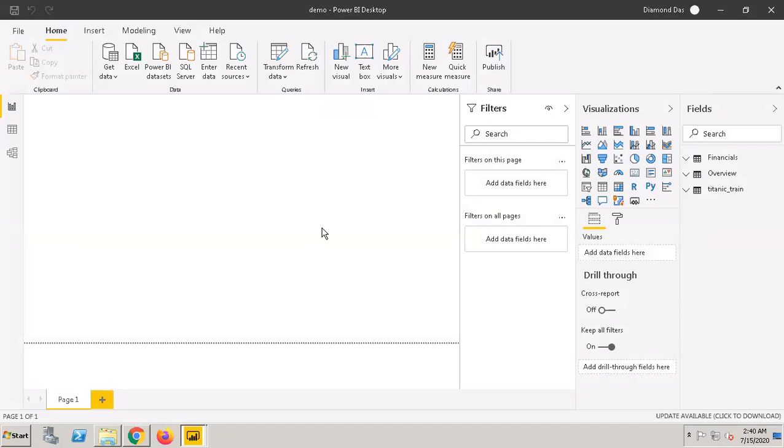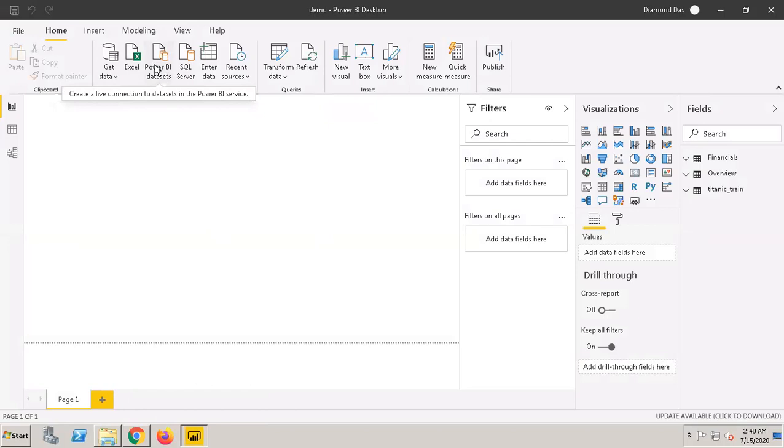Once you are in the environment, since this is a BI tool, you will need some data, so you can pull data from different data sources. Let me show you the data sources. Since this is a Microsoft product, by default it provides connectors like Excel, SQL Server, and Power BI datasets.